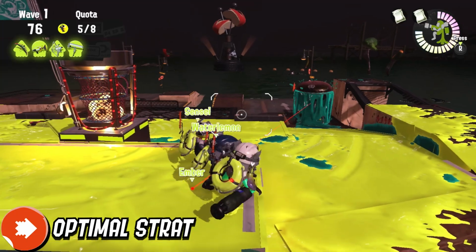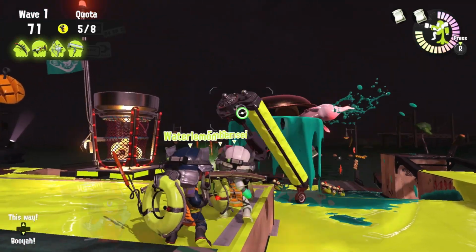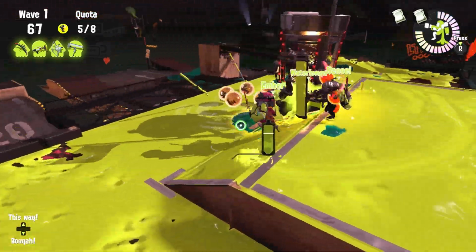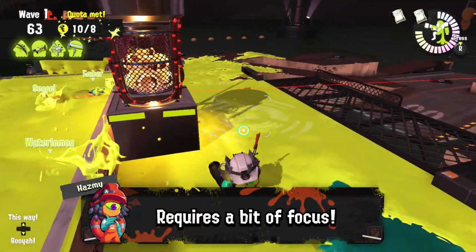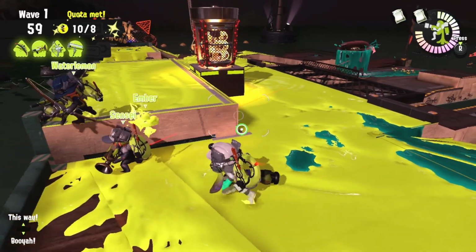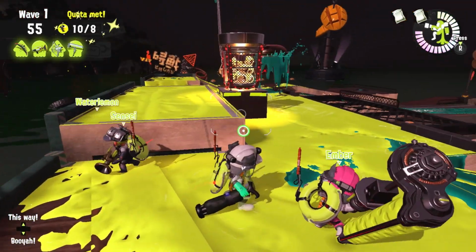The actual strategy I recommend is really similar but works a lot better, and it's essentially the same strategy that you're supposed to use on Spawning Grounds Griller Wave, if you still remember that one. This one requires a bit more perception from the players who are tagged, as you will have to move depending on where the grillers are coming from, but the position we take is on the platform behind the basket,